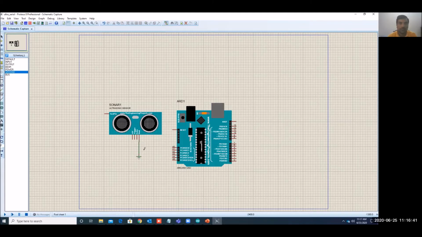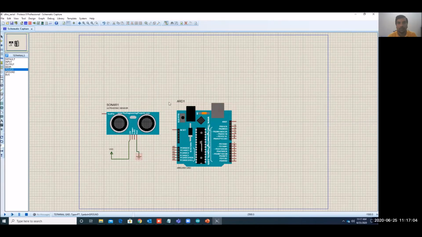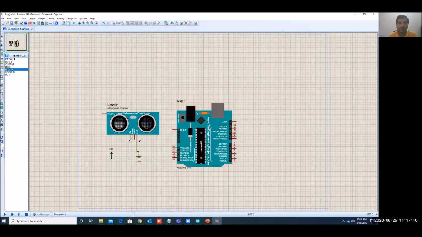So here I have connected ground to the ground. Now connect VCC. Yeah, so here I have connected VCC over here. Okay, now trigger.